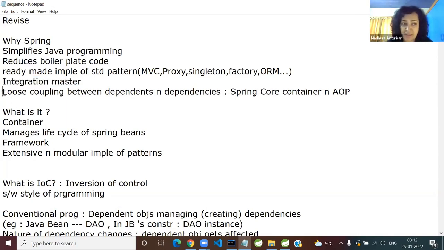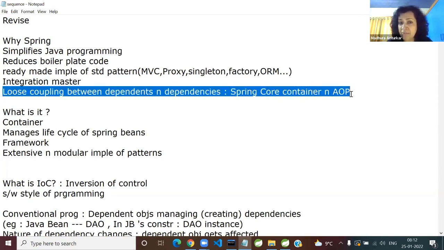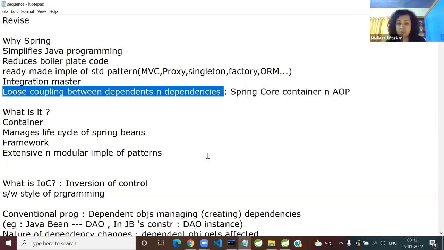And like I said yesterday, the most important thing which Spring brings you, once you start developing the layers in an enterprise application using Spring: will there be a tight coupling between the components, such as dependents and dependencies, or will there be a totally loose coupling?